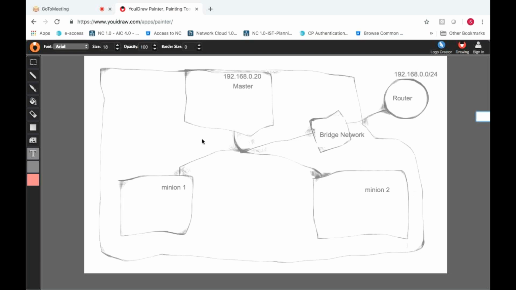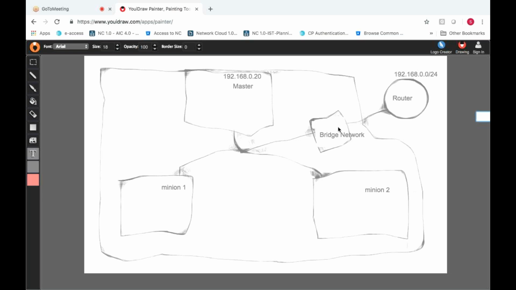So that is a problem with NAT. If you use host-only adapter, then you don't get an internet connection, but you can communicate from one server to another server. So that is the problem with NAT and host-only. If you want both in combination, then we need to use a bridge network in VirtualBox. But we need to ensure that there are enough free IP addresses in the router you're connecting to, whether you use a LAN cable or Wi-Fi to communicate from the device to this router in order to open this bridge network.